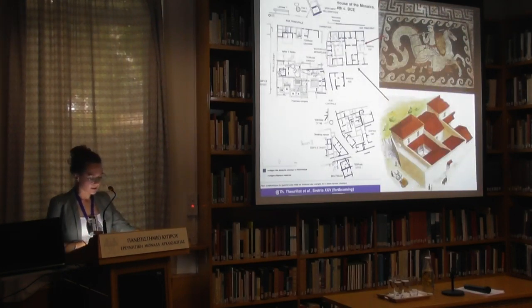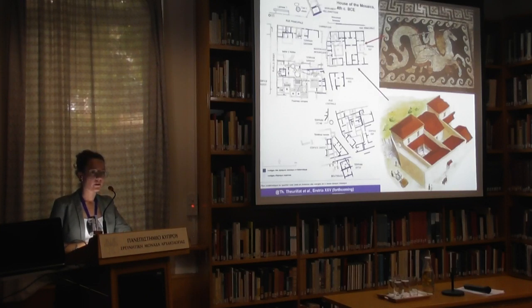Combining the evidence from the different excavations, we can draw a general picture of the area. While building activities can be traced back to the geometric period, we shall focus here on the later phases. A very important and well-known phase, not only for our area but for the city in general, is the Classical period, more specifically the 4th century BC. This is also the date of the well-known House of the Mosaics, indicated on the plan by the two red